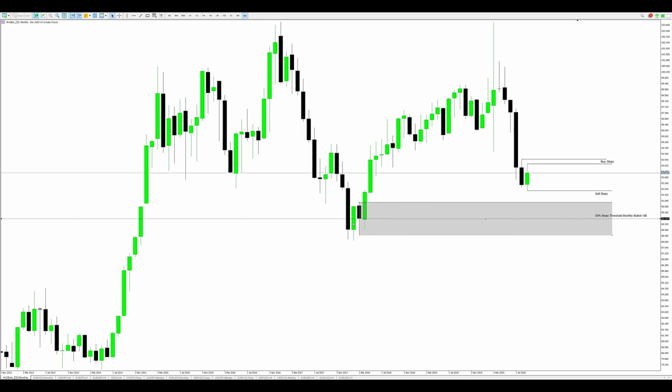So we've got our mean threshold. Of course, the wick is going to be our rejection block, but for now we're just going to use the whole candle as our reference point. But once price approaches that level, then we need to break it down to taking not just the body of the candle, and then the wick becomes our rejection block. So now what I'm gonna do is drop down to a weekly chart.